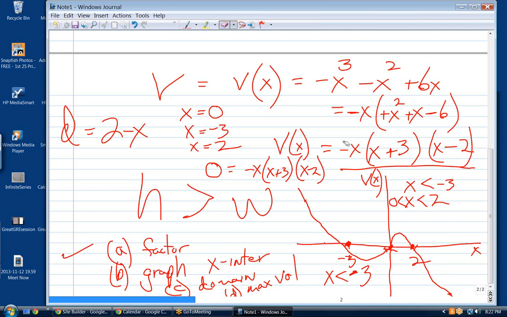Notice that if we look at this function that's factored, and we know that volume is height times width times depth, which it always is, then we can look at these three products and say, well, one of them is the height, one of them is the width, one of them is the depth. Notice that when x is negative,